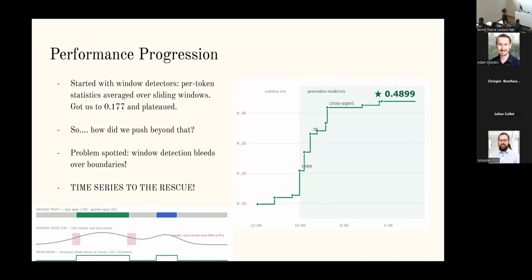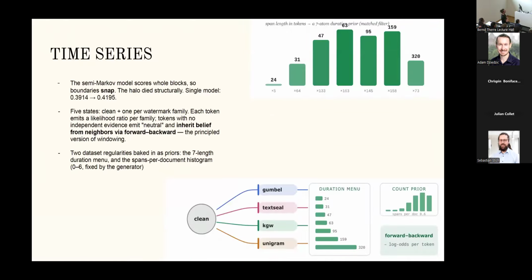We suffered, we were in pain, and we said, let's look at the data set. We found, firstly, a problem right here, the halo issue, the thing that you guys talk about, what happens at the boundaries. We found that our scores gently increased and then gently fell down, and most of our problems were here. If we killed the boundary predictions, our error rate dropped to about half of what we were doing previously. Then we noticed that the spans of the watermarks we were predicting were predictable. They could be spans of 5, 64, 133, and so on. So it looked like whoever had created this had created